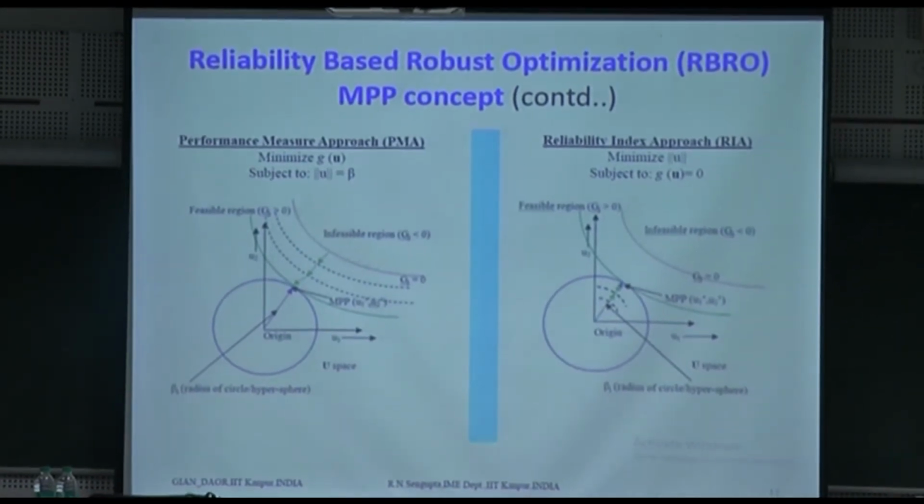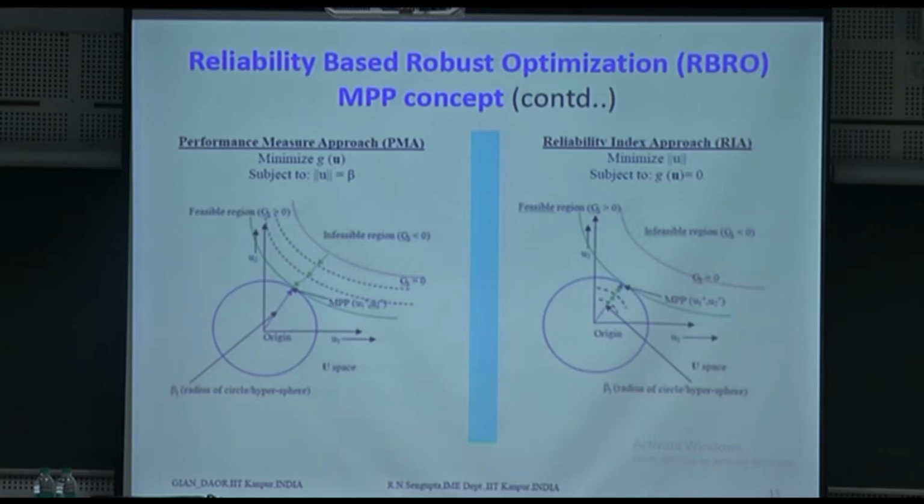Now, as I was saying, if you look at the optimization problems in both the methods, they give you the same answer. In one case you fix the diameter of the circle, in another case you try to find a normalized distance such that depending on the value of beta you are able to reach the MPP